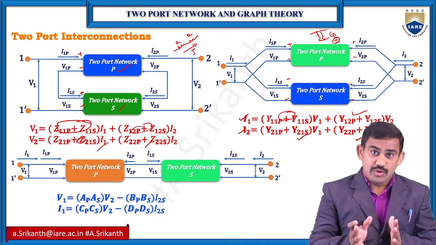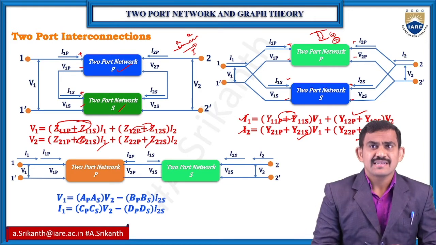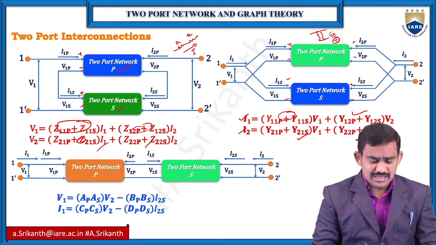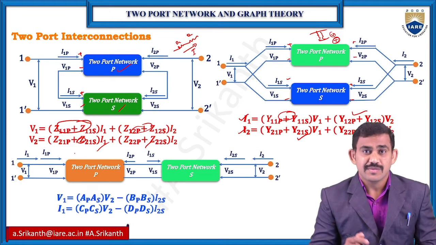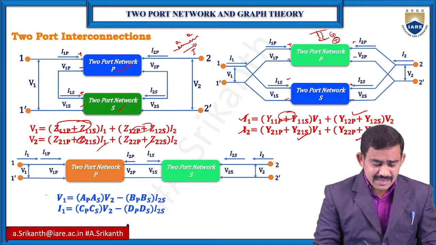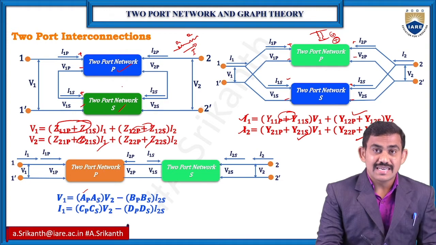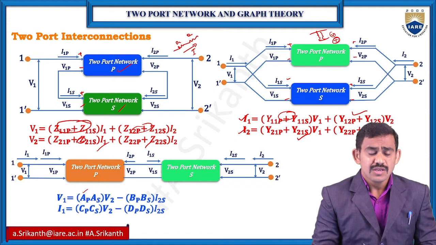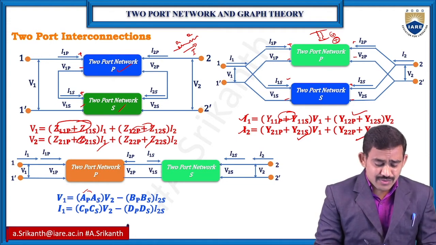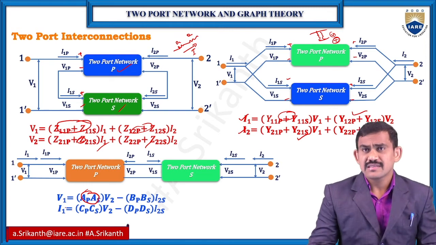And coming to two two-port networks connected in one line, we can say cascade. So when both are in cascade position, then we need to go for ABCD parameters, transmission line parameters. For transmission line, we have A, the primary value. So P network A value and S network A value, we need to multiply here. For Z condition, we need to add, and for Y condition, we need to add. But coming to the cascade condition, we need to multiply those values. Okay, so this is about interconnections.